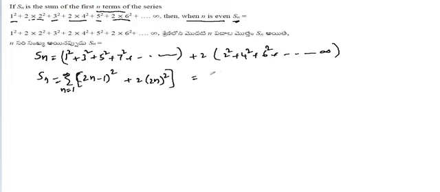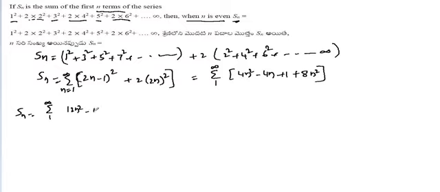So that is sigma n is equal to 1 to infinity of 2n minus 1 whole square, that is 4n square minus 4n plus 1, plus 2 into 2n whole square. 2n whole square is 4n square, into 2, that is 8n square. So Sn is equal to sigma 1 to infinity of 8n square plus 4n square,